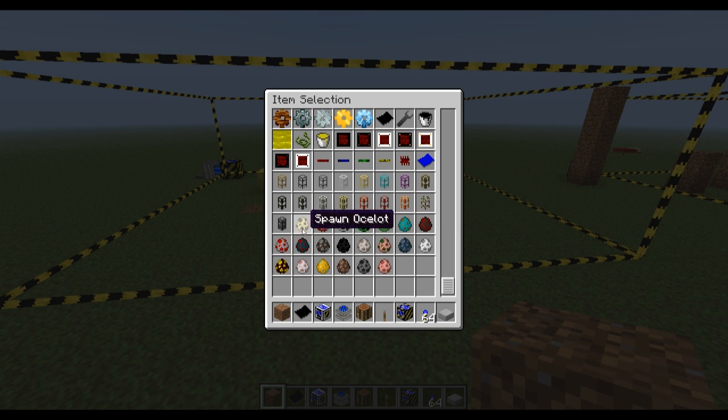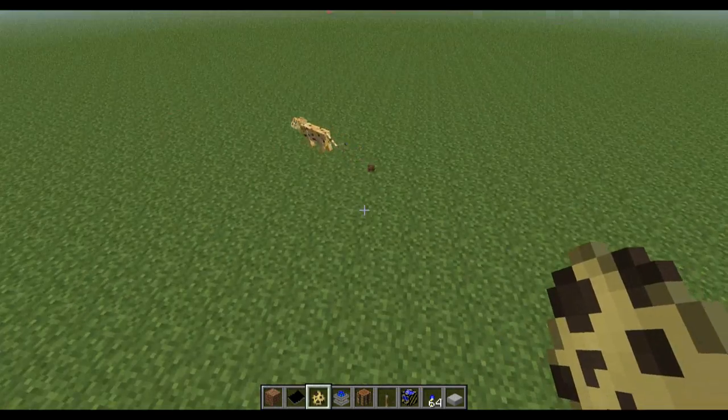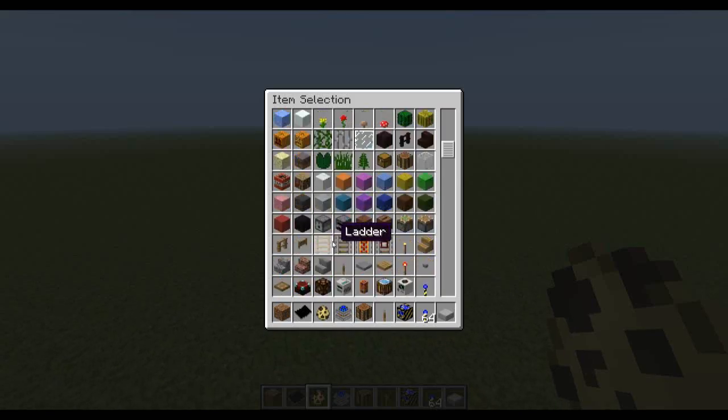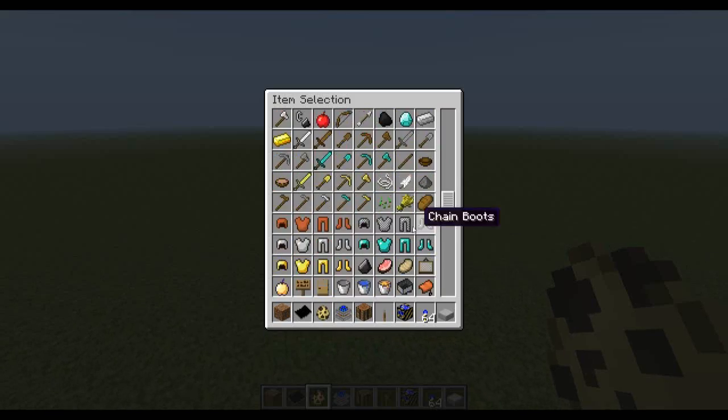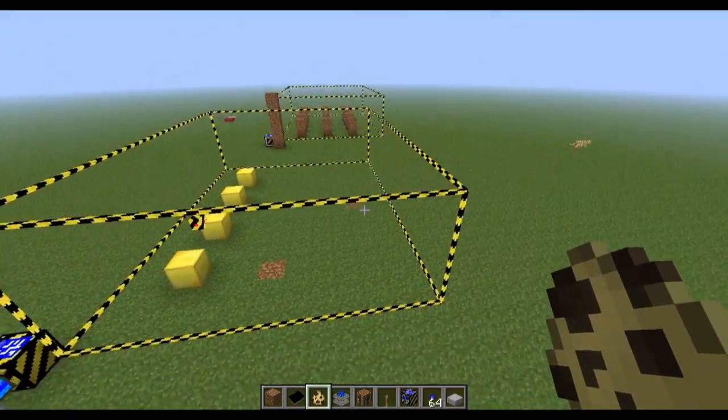I don't really know, to be honest. Spawn ocelot. Yeah, why not? Let's spawn an ocelot. There you go. Kitty! So yeah, that's pretty cool. Alright, but that'll do it for this episode, guys. Sorry we couldn't get the tree farm running again, but, well...